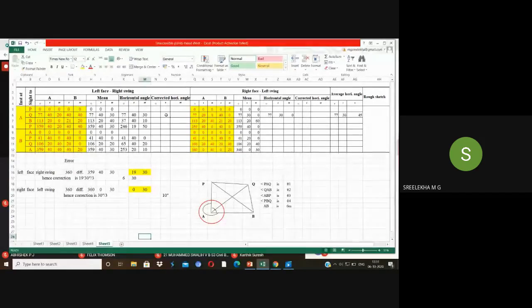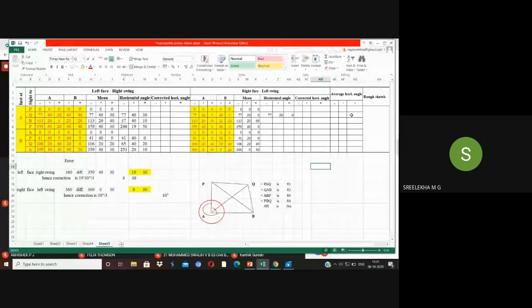Okay. So you'll be getting the corrected horizontal angle from the left face here as theta 1. Similarly, you're getting a corrected horizontal angle from the right face. So whatever be the corrected horizontal angle from the left face and right face, take the average of that. You will be writing here. Whatever be the angle I have written here, it's not correct. Actually, the error has not been distributed. I think it is clear.